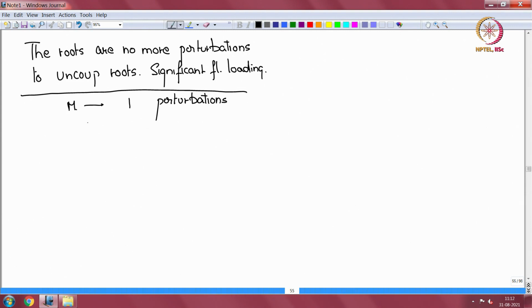Similarly, we tried to see for frequency values very close to 0 if the roots were perturbations. For values of m close to 1, we found the roots were perturbations to the uncoupled roots. So, we will call it still the light fluid loading regime,